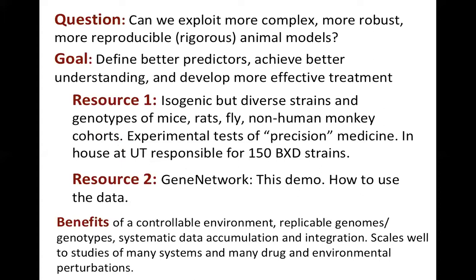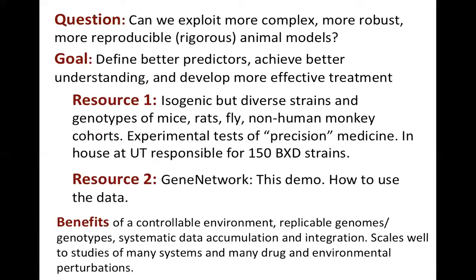A typical pattern is to use a single isogenic genotype of mouse or rat. In the case of mouse neuroscience, it's mostly C57 black 6. There are some users who use outbred mice, CD1, ICRs. Same thing in the rat neuroscience field. Some users use outbred Sprague-Dawley rats. Many use inbred Fisher 344 or Wistar rats that have been inbred. There are some real benefits of using inbred strains, but there are some real risks.